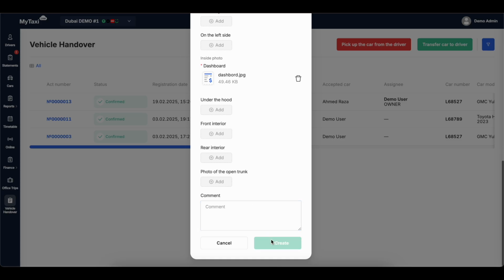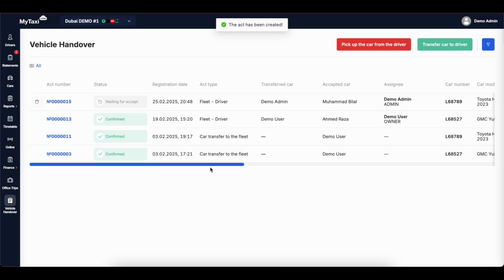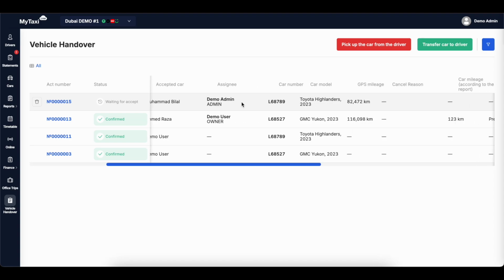Once the act is created, it appears in the list. This is a fleet-driver type of act because we pass the car to the driver. It has a waiting for accept status, which means it is pending for the driver to confirm it in his personal cabinet. In the meantime, we can scroll to the